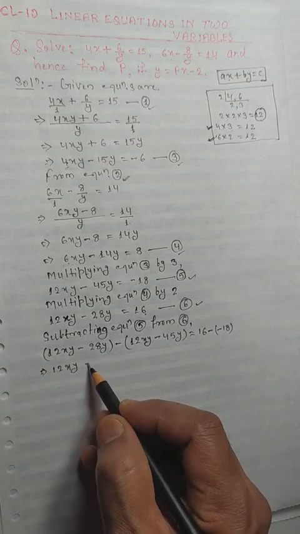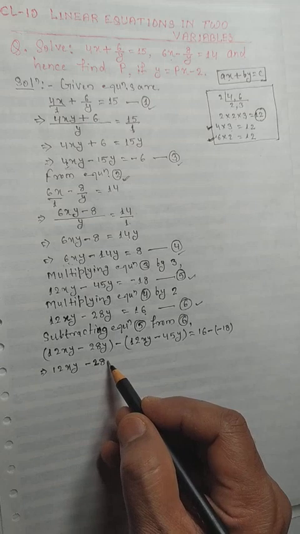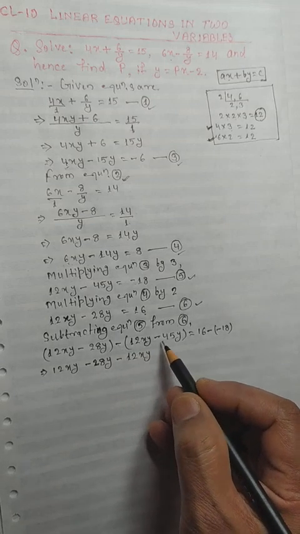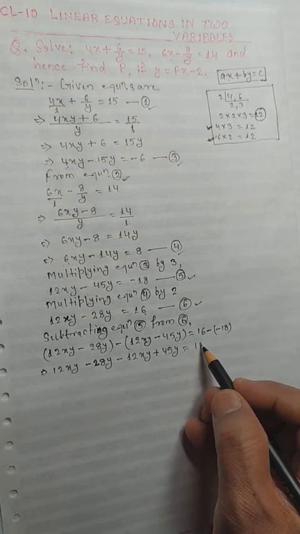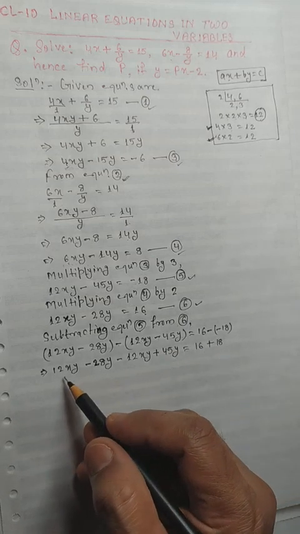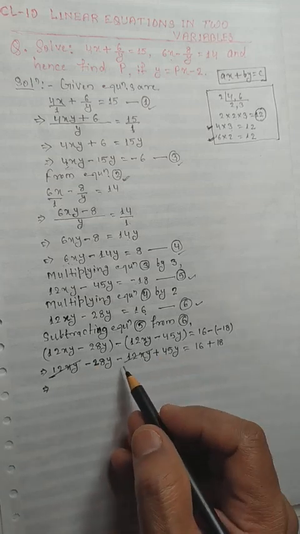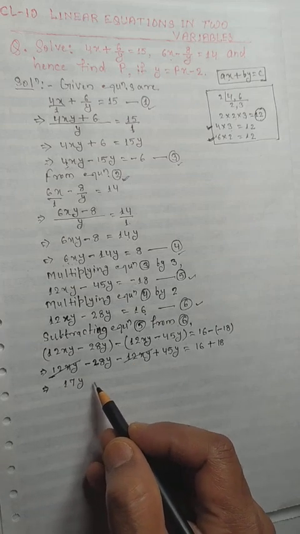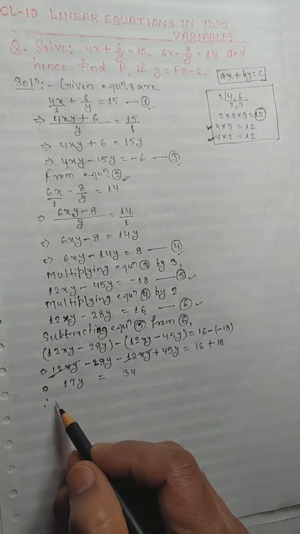This bracket reminds us to change the sign after removing it. Minus 12xy it will be, plus 45y will be, and then 16 plus 18. Minus 12xy cancels plus 12xy, 0 it became. 45 minus 28 will be 17y, and 16 plus 18 will be 34, and therefore y is